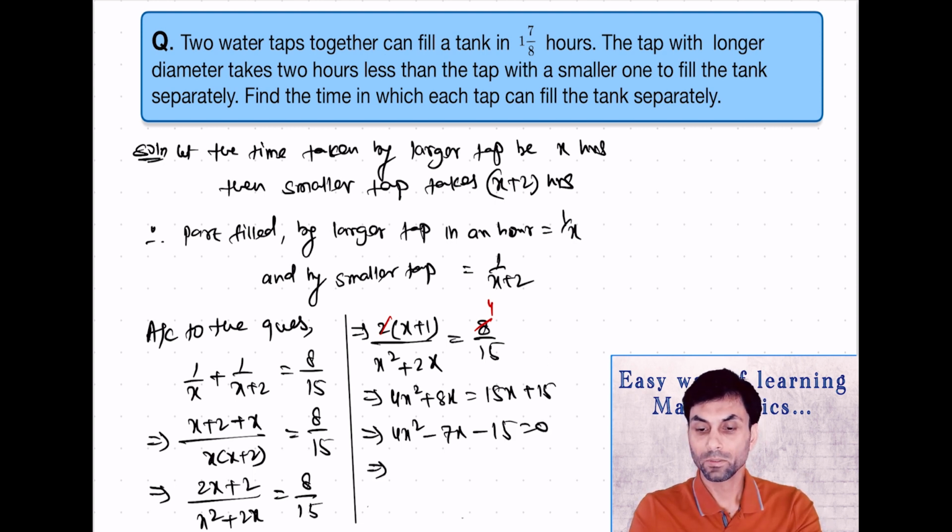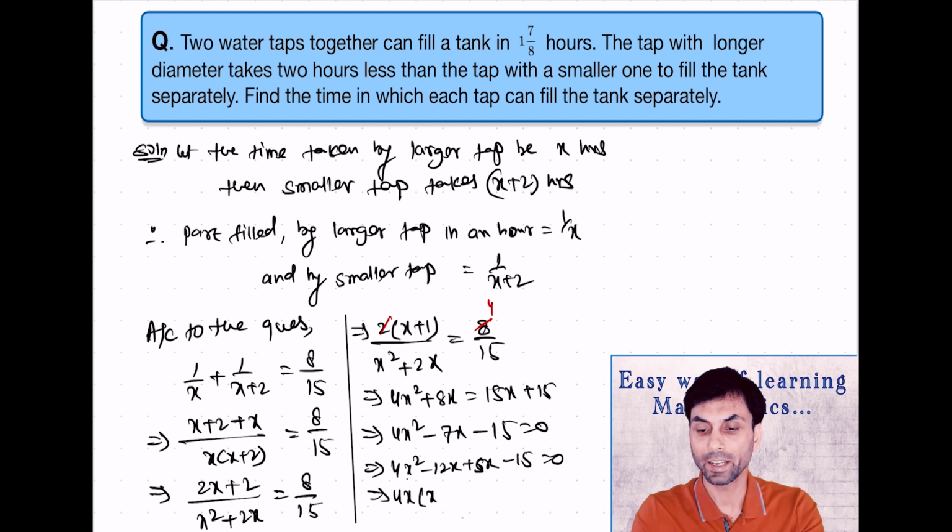Now 15 into 4, that is 60, which can be written as 4x square. On splitting, we can write minus 7x as minus 12x plus 5x minus 15 equals 0,